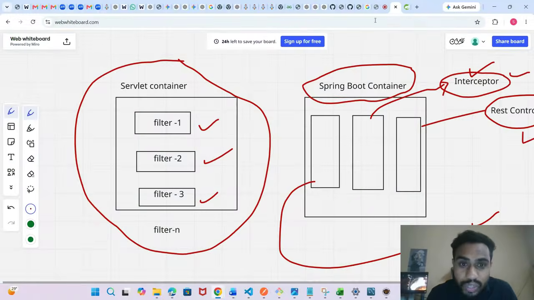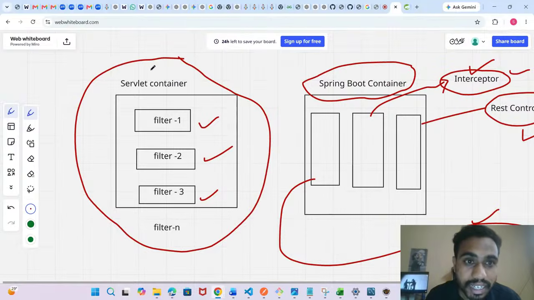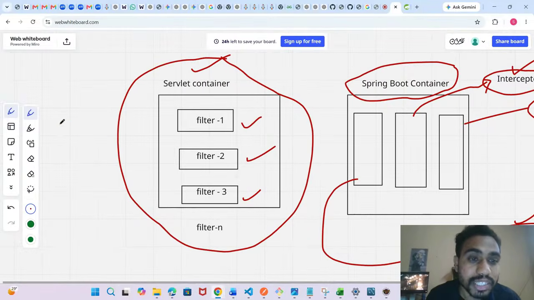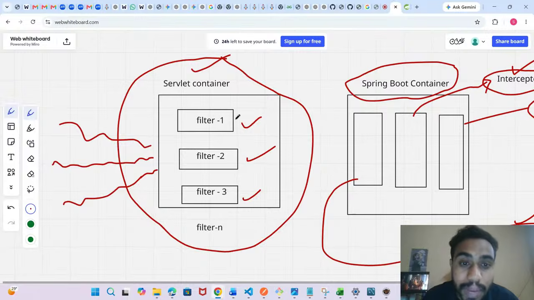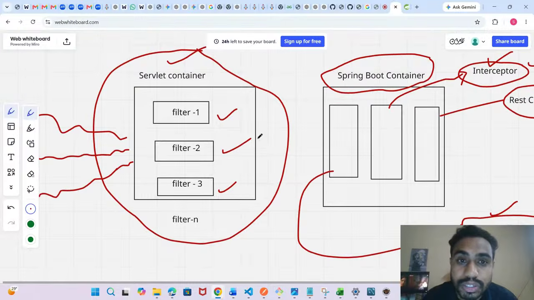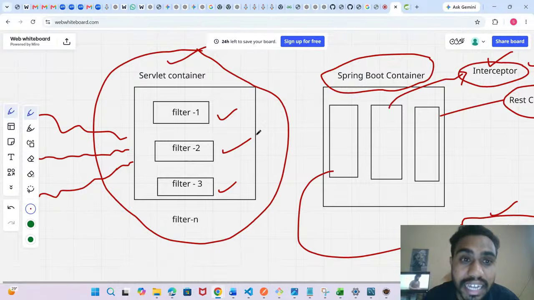The next concept is, you have a servlet container. As I already said, every request should pass through my servlet container. Am I correct, guys? Whichever request the client is sending, all the requests should pass through my servlet container. So after my request passes through the servlet container, who is carrying my request from the servlet container to the Spring Boot container? Are you able to understand the point here? Any idea, guys? Who is acting like a bridge between these two?